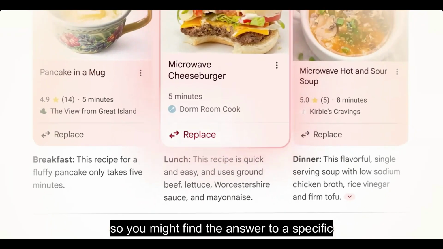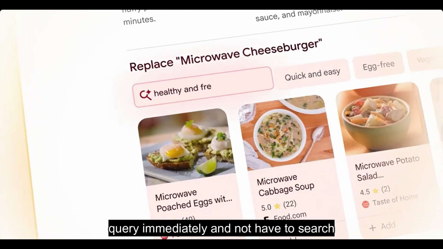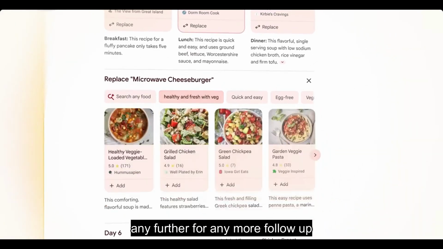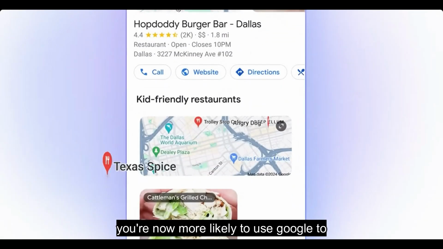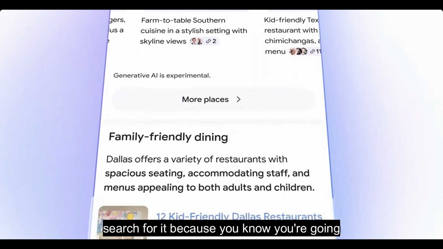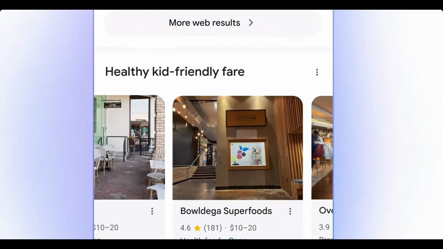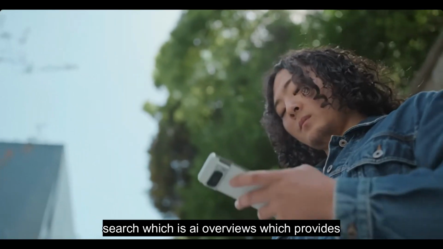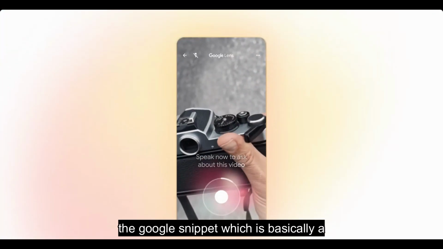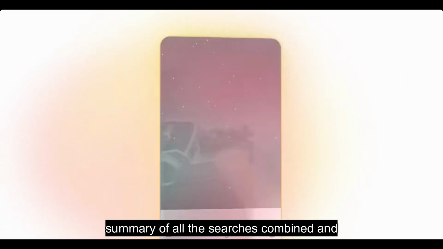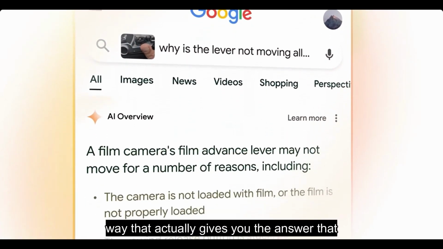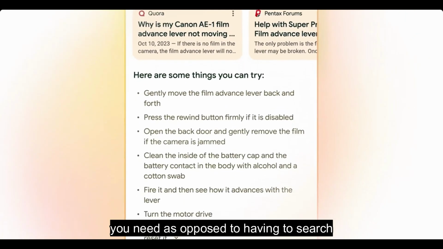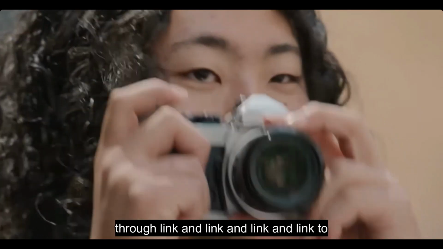So you might find the answer to a specific query immediately and not have to search any further for any more follow-up questions for that specific query. But when it comes to other queries in your life, you're now more likely to use Google to search for it because you know you're going to get the answer that you want. So the overall synopsis of this Google search, which is AI Overviews, which provides the Google Snippet, which is basically a summary of all the searches combined and given in a comprehensive way that actually gives you the answer that you need, as opposed to having to search through link and link and link and link